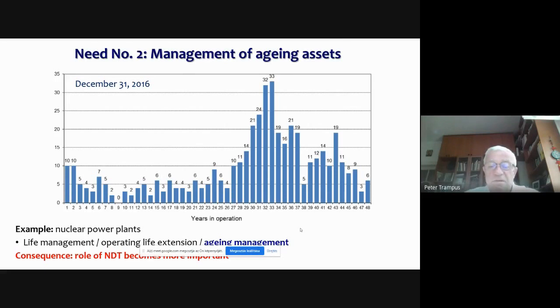And it means that we need a serious aging management system in the aging nuclear power plants. And the consequence of this is that the role of the non-destructive testing becomes more and more important.